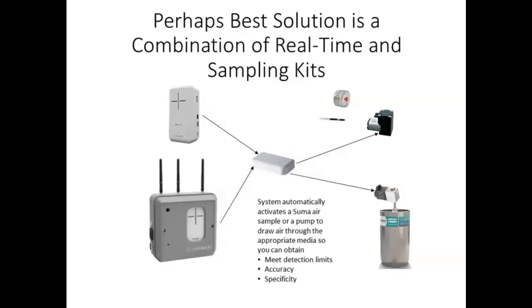Very interesting technology, not just pressure differential, not just SUMA cans. We can even have pumps with filters that can be automatically set when an alert stage has been met in the sensor itself. They will automatically turn on a pump. So you can draw air through a pump for 30 seconds to 8 hours, and it can all be done autonomously if the device itself feels that an alert level has been met.